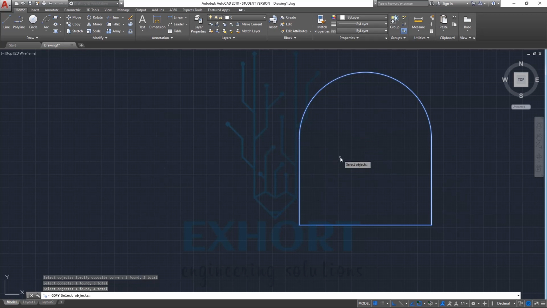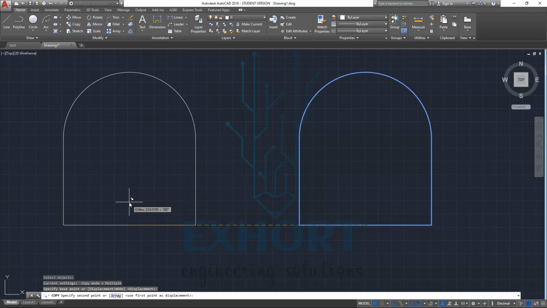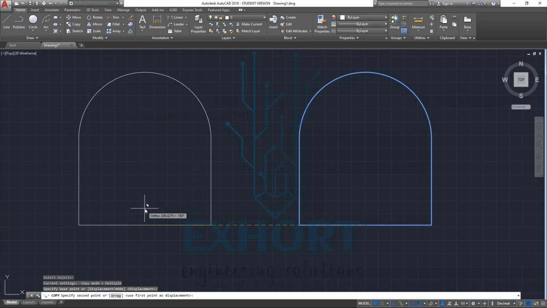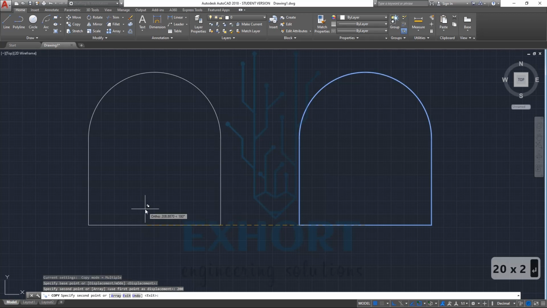I will select this and hit Enter. Now I have to specify the base point again. I will choose the midpoint as my base point, or anywhere you want. Now we want to copy this to here. If we have a dimension, just give it. I will say 200 mm, and you will notice that we can move it.